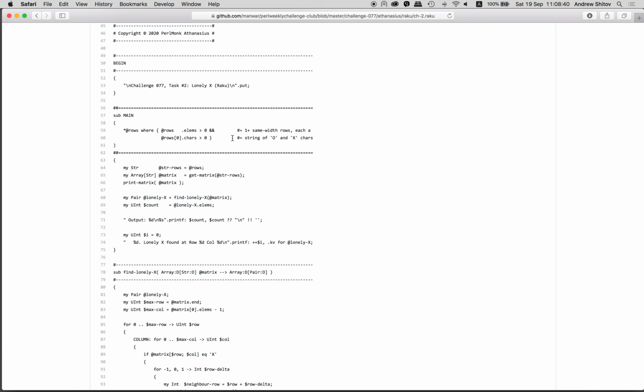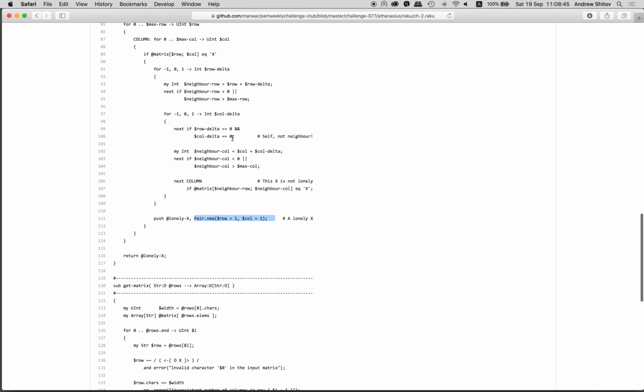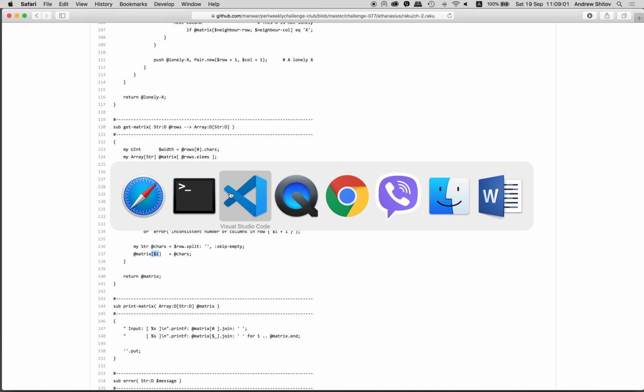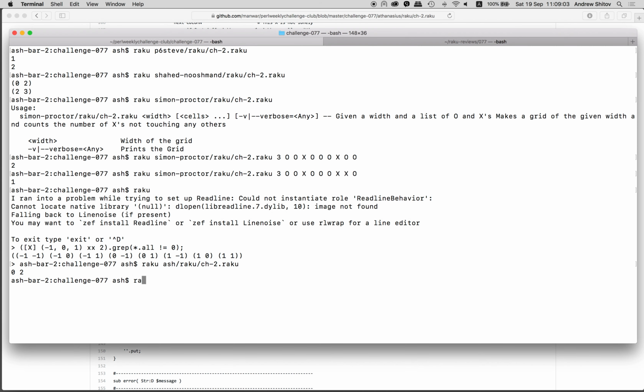same, so I believe we need strings. How do we read them? Characters, right? So do we have any, right, so this is, I didn't see it. Basically this is the equivalent of the comb method. We split the strings into characters, and we assign this to this matrix row, right? So what we need, Raku,